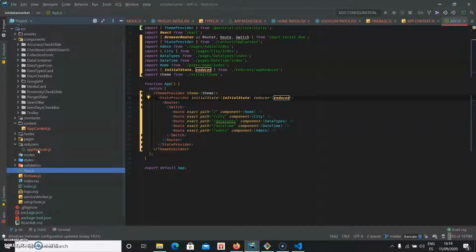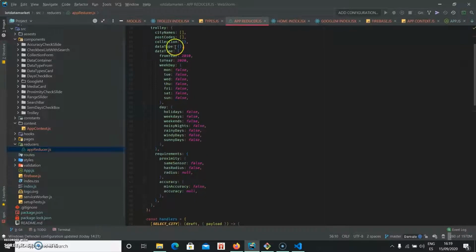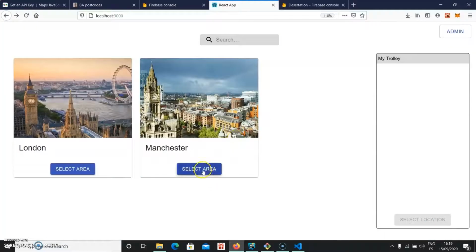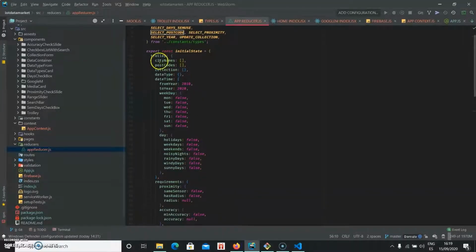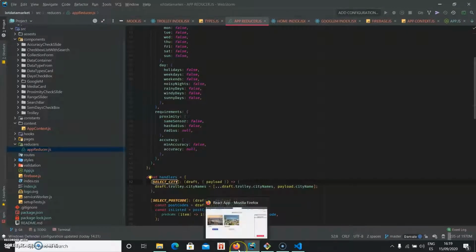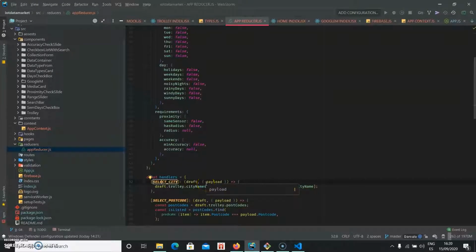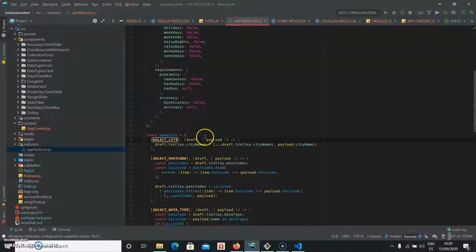So basically what a reducer does, I'll show it to you. This is the initial state of the application, which is the JSON schema without anything inside it. So when you click select area, that's when it interacts with the initial state and updates it. And this is basically how it does it with this event handler. What a reducer is, basically, is it handles events, and it updates the state of the whole application or the data layer, whatever you have in the state, could be anything. In this case, it's the data requests of the users stored in a JSON schema, which you can see here, but it's updated, of course, in real time as the users